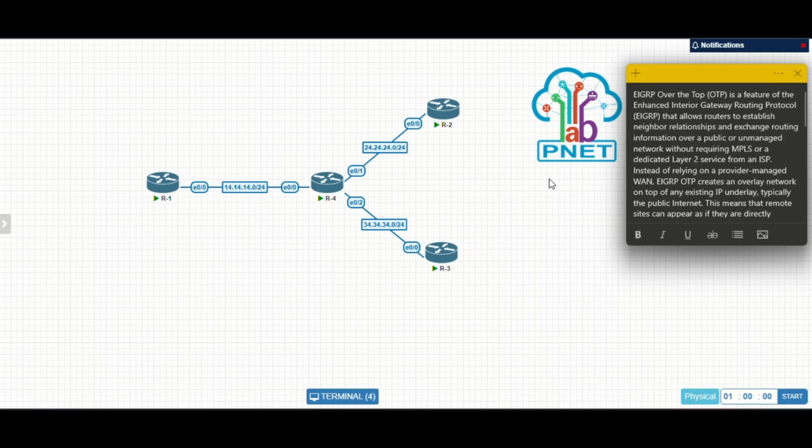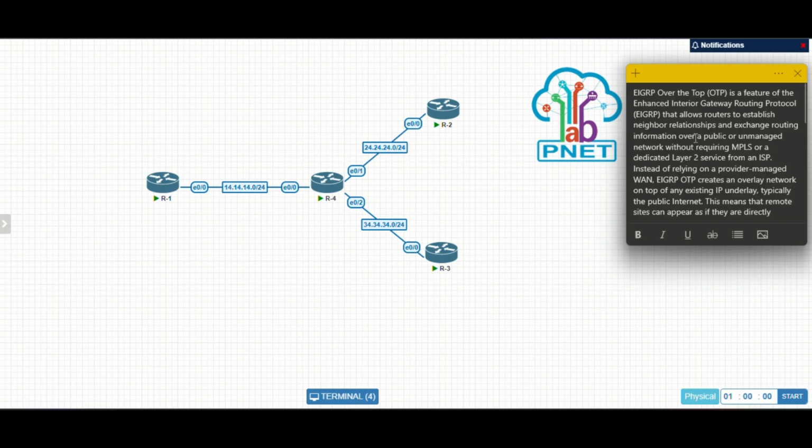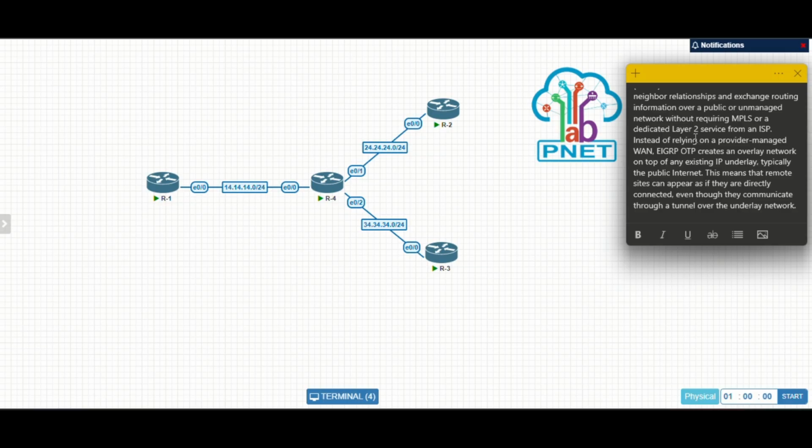So the feature will rely on a provider-managed network and then create an overlay network on top of any existing IP underlay, typically the public internet. This means that remote sites can appear as if they are directly connected.